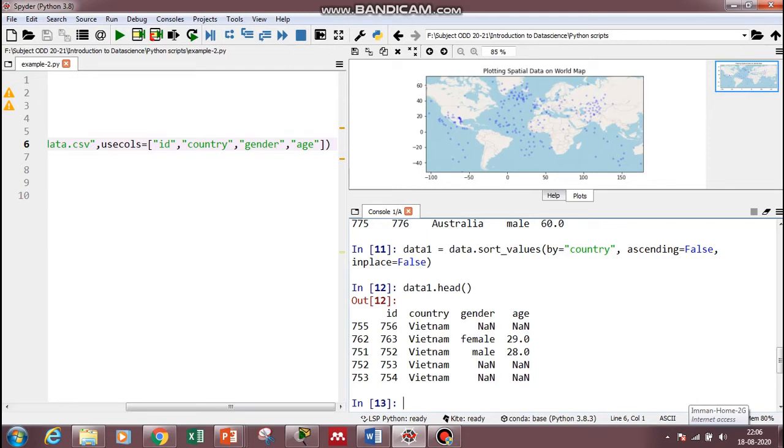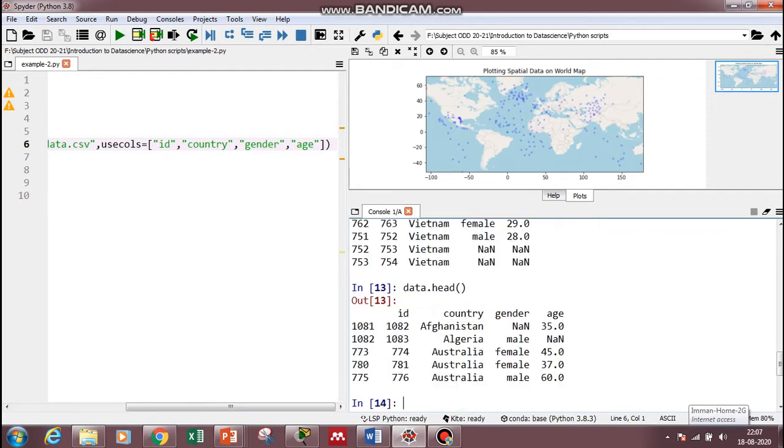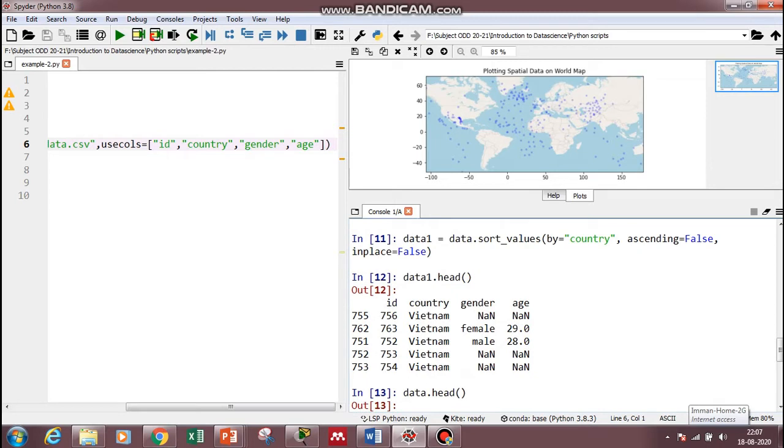With inplace is equal to false, the new changes are reflected in the new data frame. Now what happened to this data, whether it is changed? We will see data dot head. The data dot head does not change. So whenever inplace is equal to true, the changes that we do are reflected in the same data frame. When inplace is equal to false, the changes that we do are reflected in the new data frame.